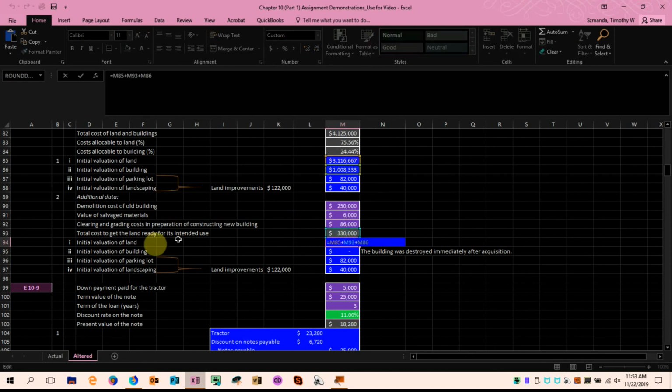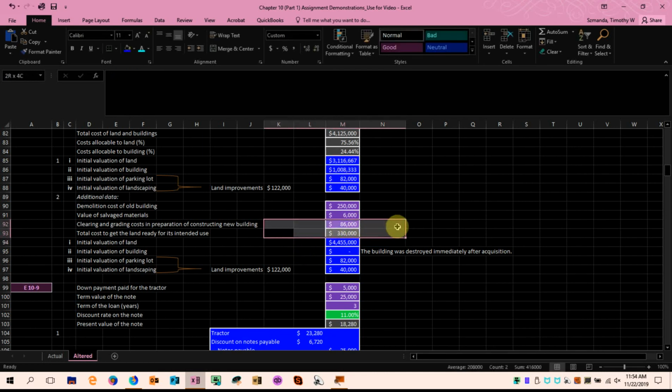I took then the valuations above, added together the initial value of the land, to that added cost to get the land ready for its intended use. I'll talk about that in a minute. And then I also added in the initial value of the building. To get my initial value of the land, I brought down the initial values from above. Then I added